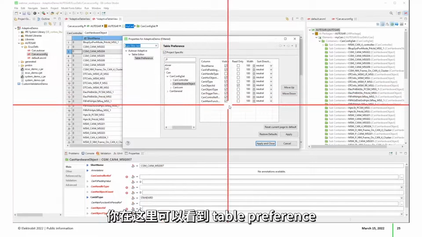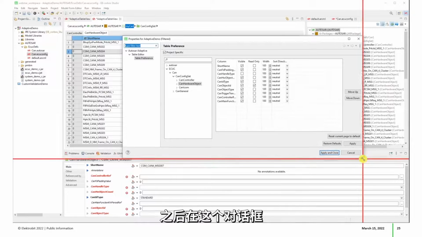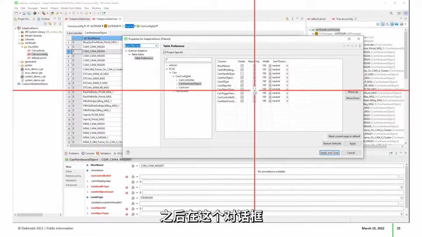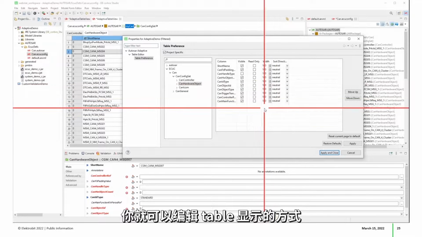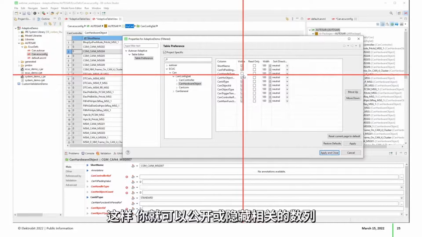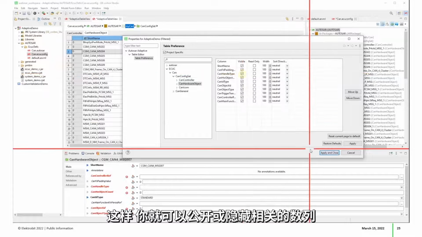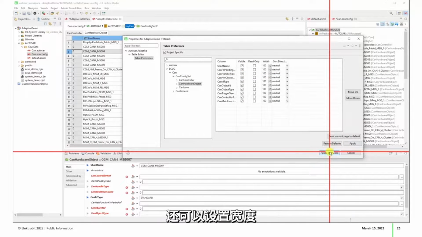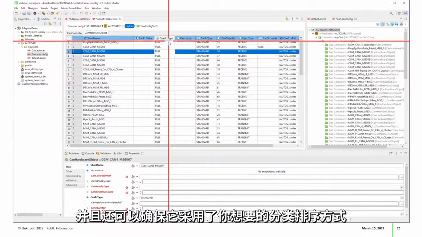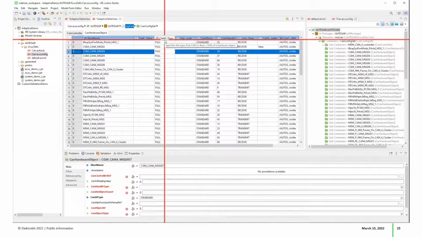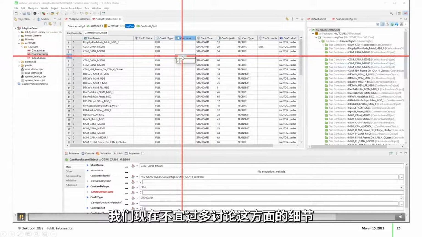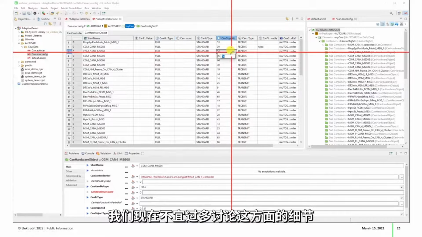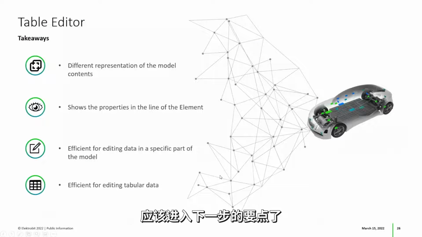And here you see table preferences. And in this dialog, you can really edit the way the table is shown and presented to you. So you can make columns visible or invisible, read only. You can set the widths and also make sure that the sorting is how you would like it to be. And this is something I really wanted to show you also. So let's not go into too much detail on this now and go one step further with the takeaways,